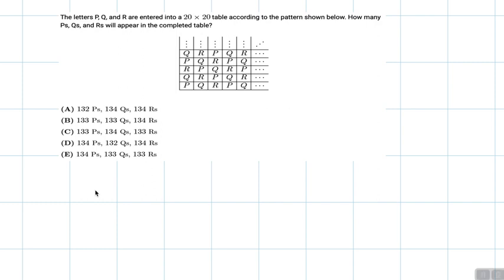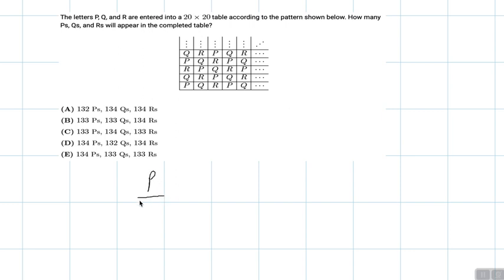The letters P, Q, and R are entered into a 20 by 20 table according to the pattern shown below. How many P's, Q's, and R's will appear in the completed table? If we start with P,